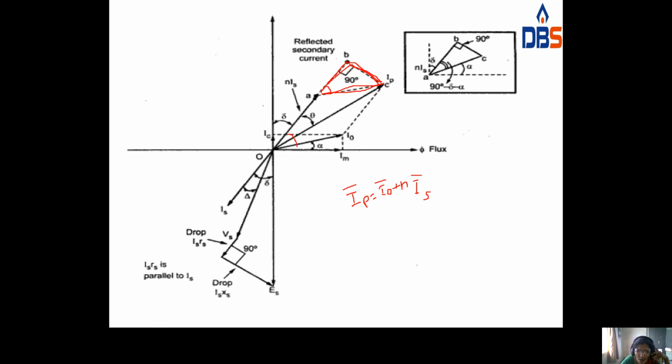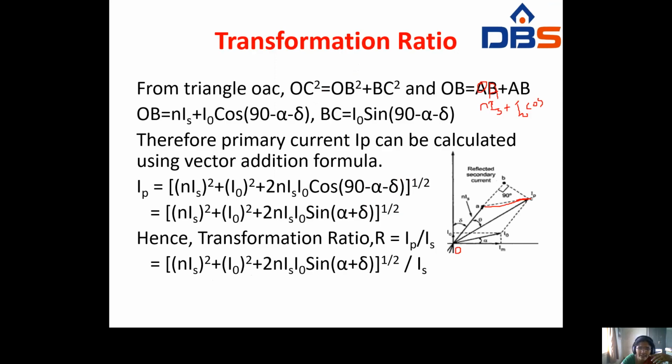Now see this diagram. Take the triangle OAC. From this triangle you can write OC square, hypotenuse square, is equal to OB square plus BC square. But here OB, as seen in the diagram, is the summation of OA plus AB. OA is nothing but N into IS, plus AB is nothing but I naught cos theta. So theta is nothing but 90 minus alpha minus zeta. BC is nothing but I naught sin 90 minus